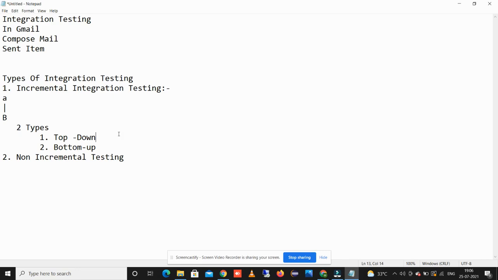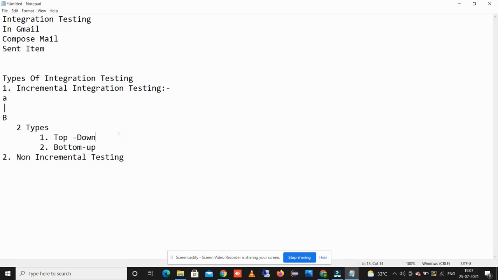For example, in Gmail, if the compose mail module is not ready and we are not testing that, then there is no functionality to test the sent items.